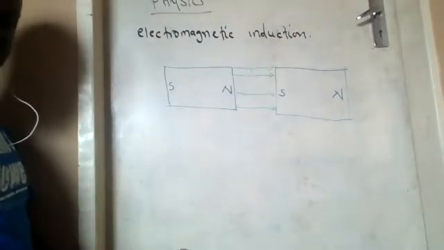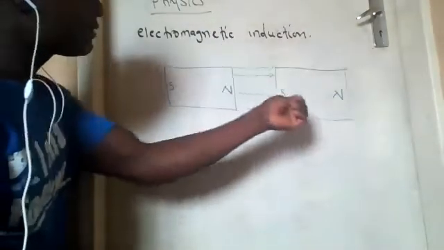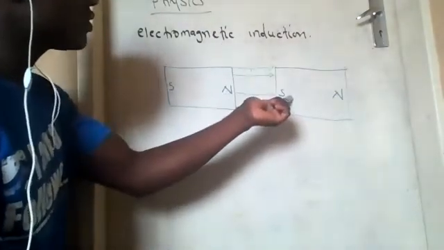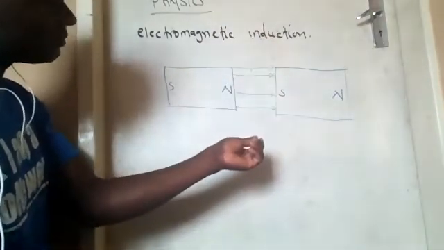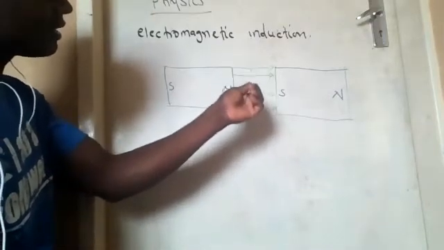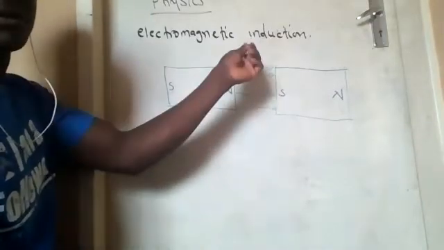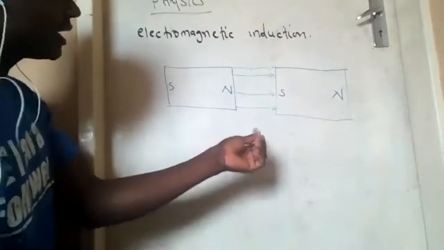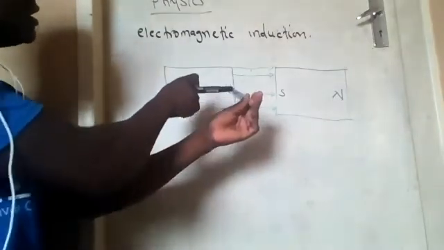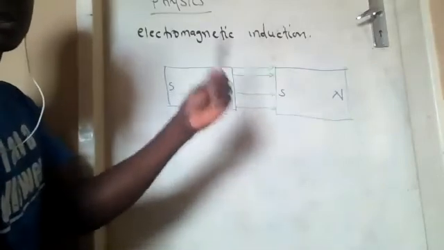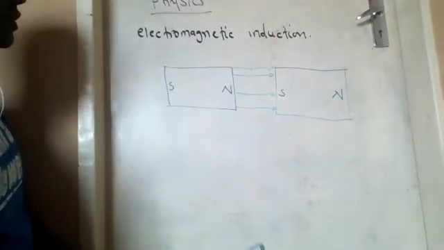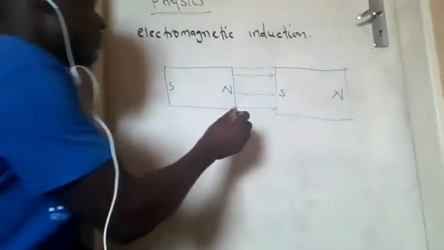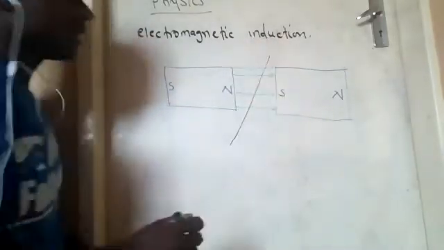I'm going to repeat. What I'm trying to say is these magnetic field lines move from the north to the south poles of the magnet, and when you have a wire cutting through them, you will have these magnetic field lines cut by the wire passing through them. And when that happens, the induced current is going to flow through the wire which cuts the magnetic field lines. So if you have a wire in that direction,